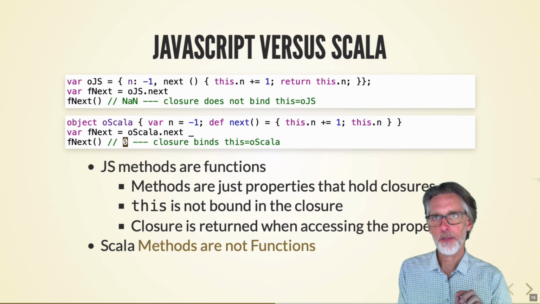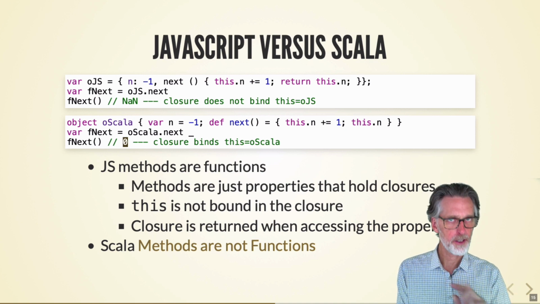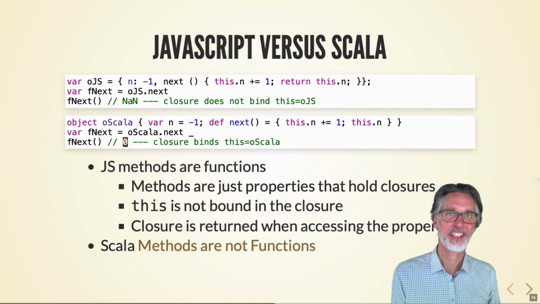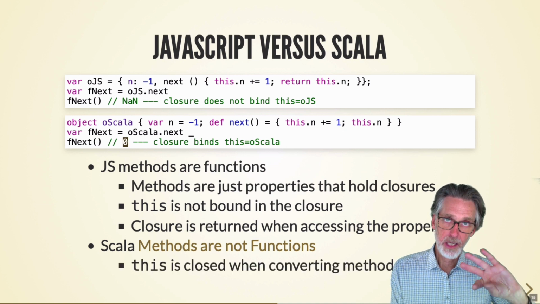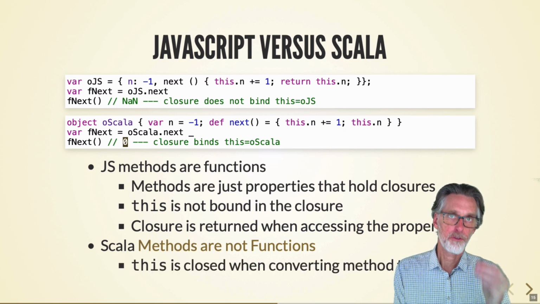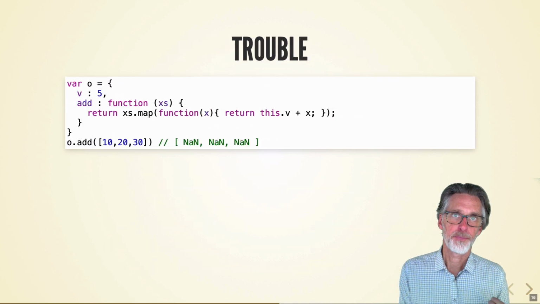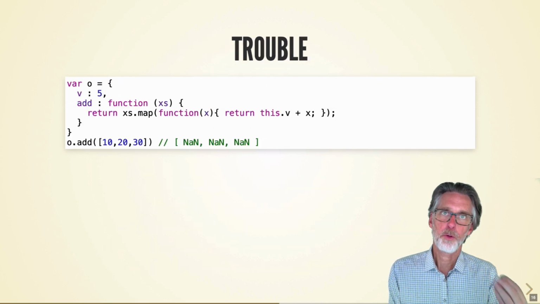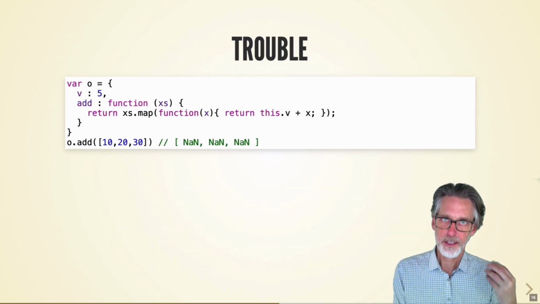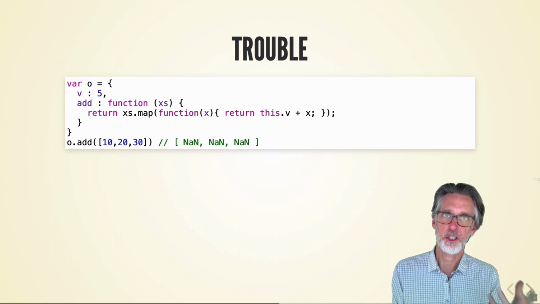Scala takes a different approach. Methods and functions are different, and this is why. In Scala, we close this when we convert the method to a function. This may seem like a technical point, but as it turns out, this causes a lot of trouble in JavaScript